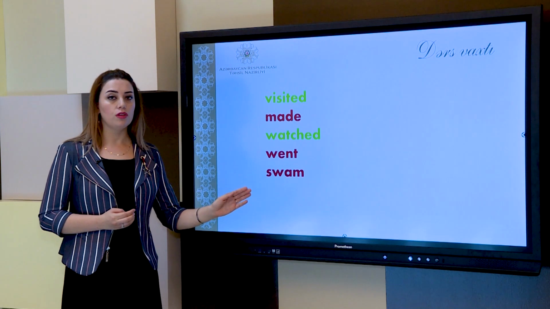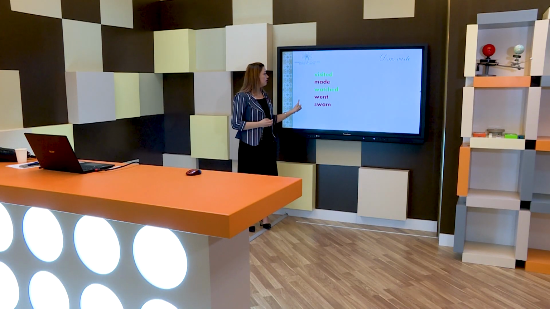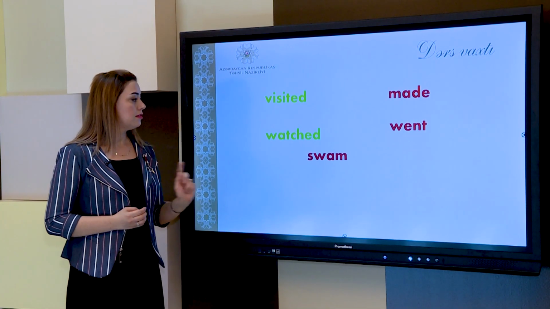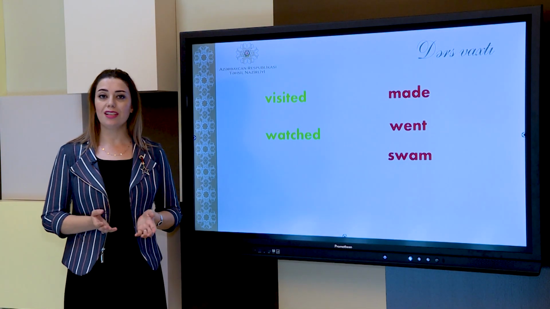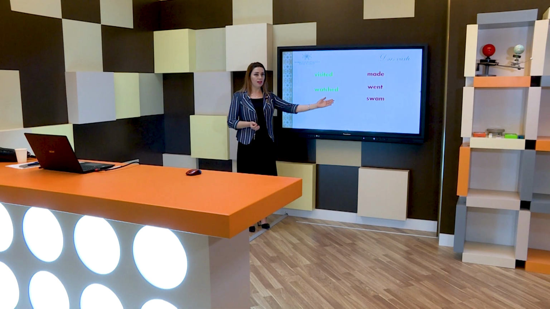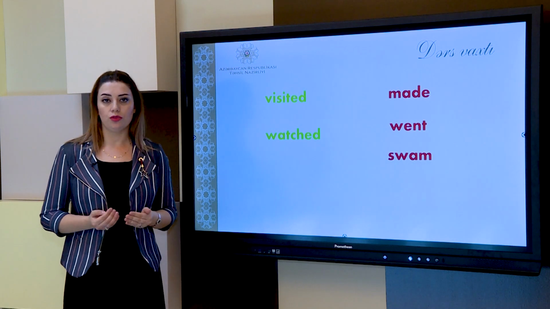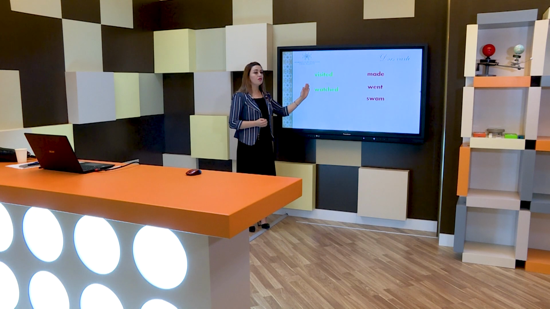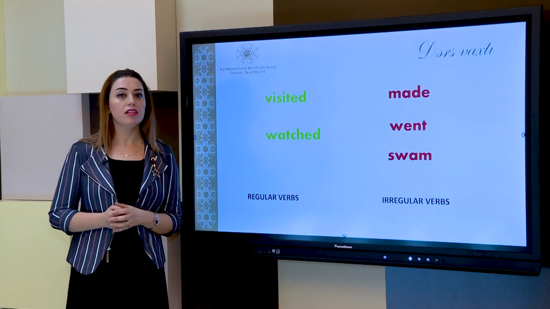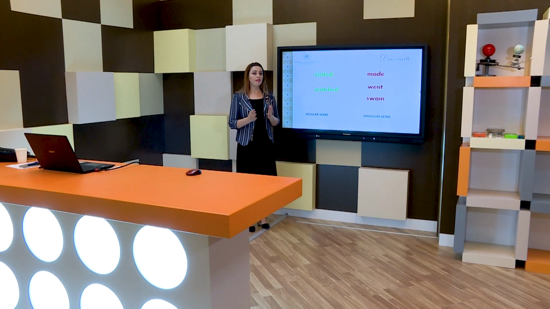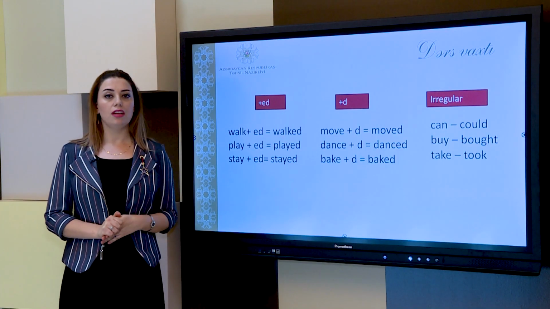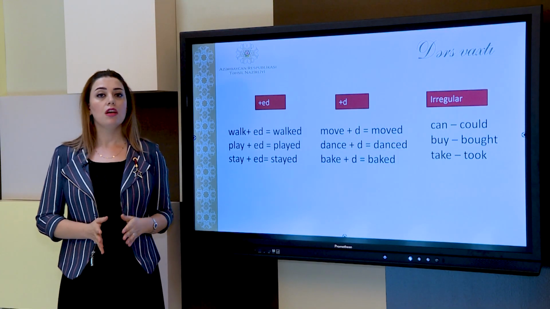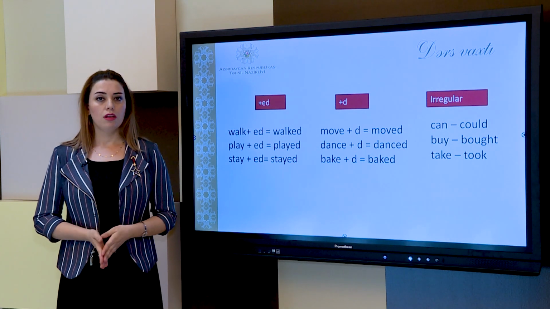and the other verbs are different. What makes them different? They are also in the past, but they are different. It's because they changed from the root. We did not add ed to the end of them because these are regular verbs and these are irregular verbs. They are made differently. When we add ed to the end of the verbs to make past simple, we have to obey some rules. What are the rules?